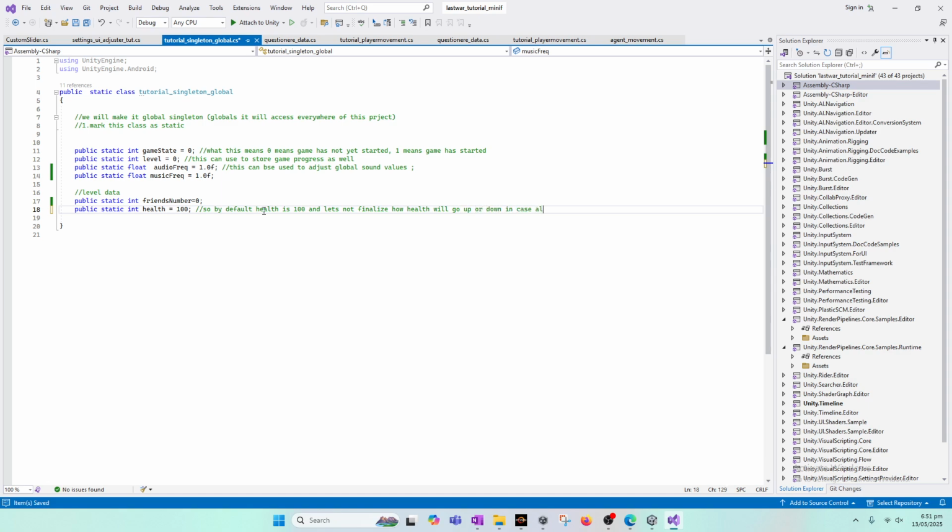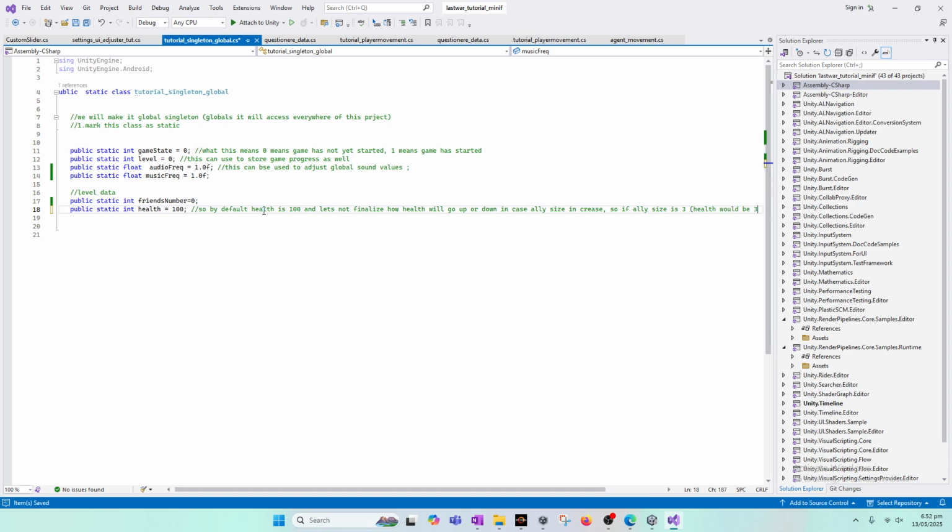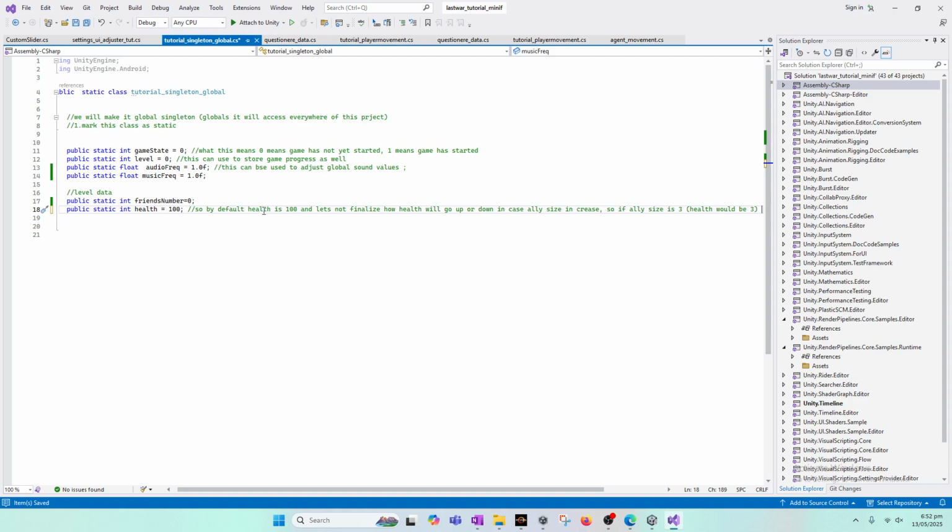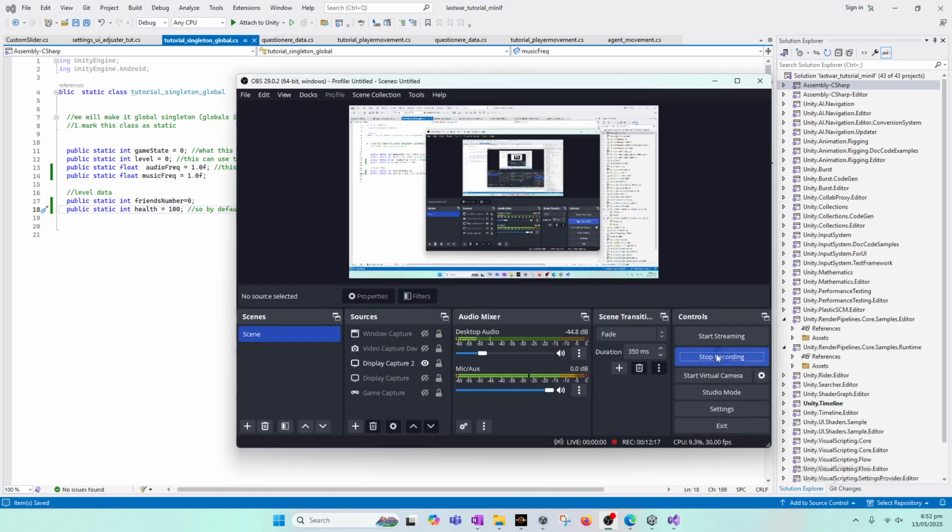In case the life size increases, so if the life size is 3, then health would be 3 out of a certain value. So this is pretty much undeterministic at this point, and we will look at this in the